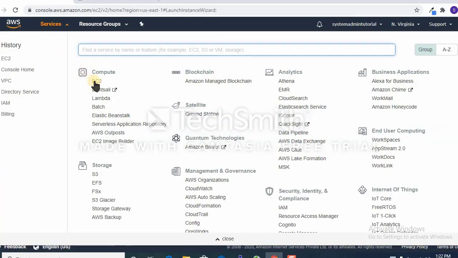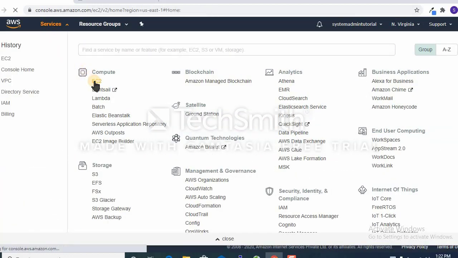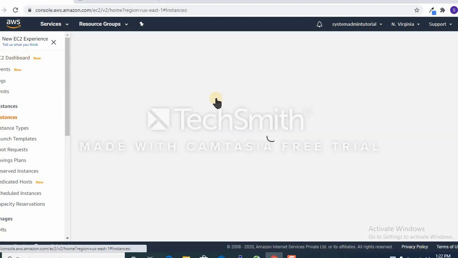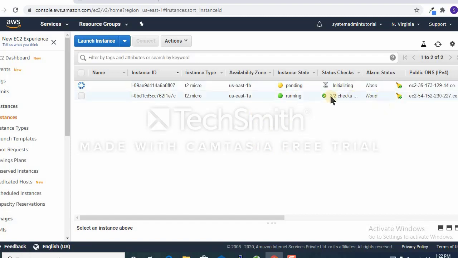Now go to the EC2 service. You can see whether your instances are created or not. You see my two servers are running. One is in 2 by 2 check and another is in initializing mode.